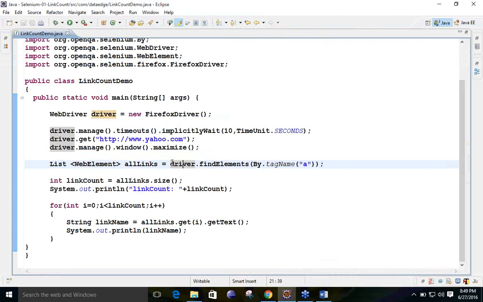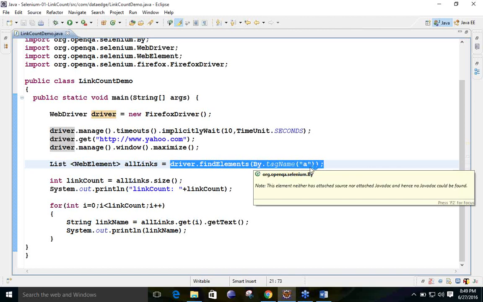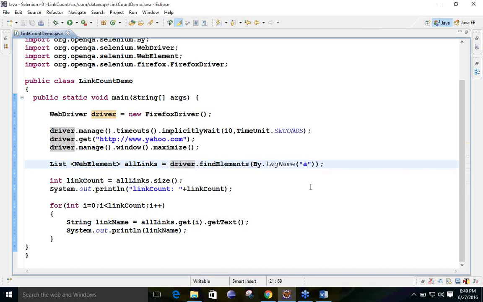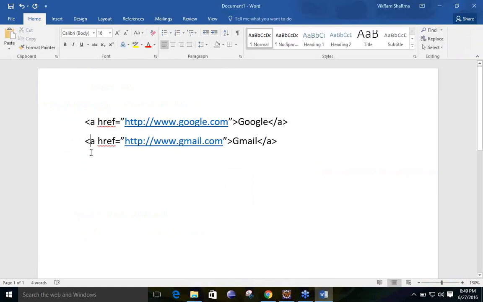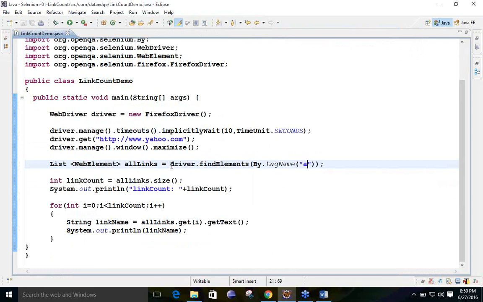So here you can see driver is having one method, find element, and it is finding the element by tag name, and we are specifying the value over here, that is the small a. Okay, because that is the syntax for the tag, small a we have assigned. Suppose it will have one, then we can store it into one variable. If it is two or more than one, how can we store that? Santi, you have gone through this topic in Java, how can we store that?